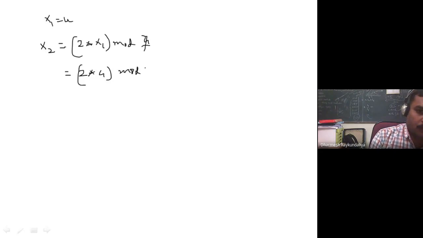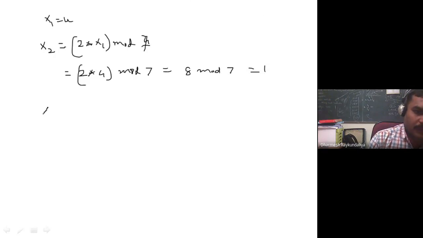Now what is x2? x2 is equal to 2 into x1 modulo 7. So that is 2 into 4, which is 8 modulo 7. 7 ones are 7, so 8 minus 7, the remainder is 1. So x2 is 1.